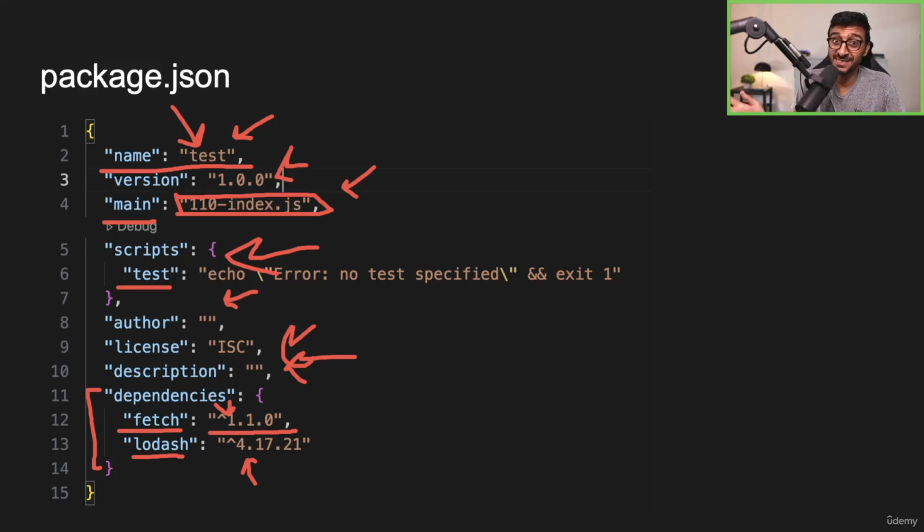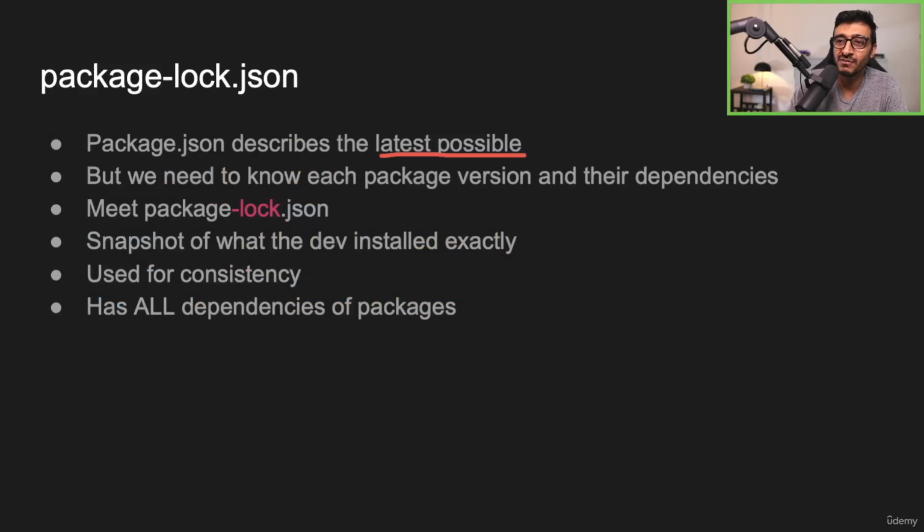Sometimes you need consistency. Sometimes you say, hey, yeah, I need the good latest stuff, but for consistency in my project, I want you guys to agree on a specific version that I run my test on. At the moment of installation, here is a stamp of all the stuff that we did.